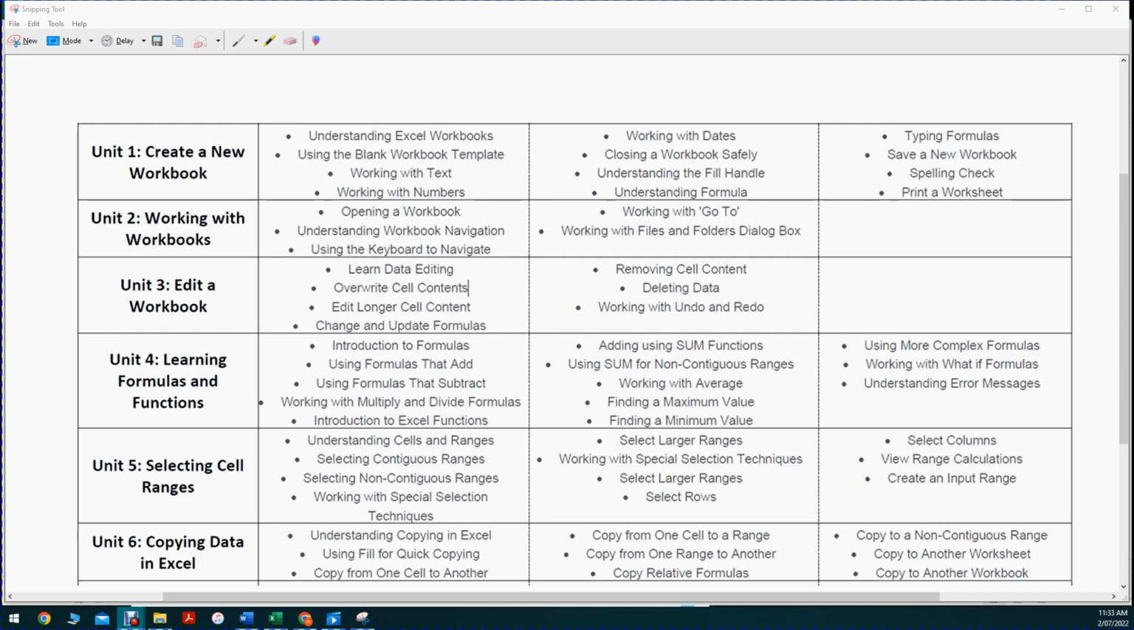But what we're going to cover in this video is going into a little bit more detail about the workbook we just created, including how you navigate through it and how you use the keyboard. There are so many shortcuts in Excel, which means you can work faster and navigate a lot easier than clicking through. But we'll show you how to do that with your mouse as well. And we'll also discuss working with Go To and working with the files and folders dialog box. So let's get started with